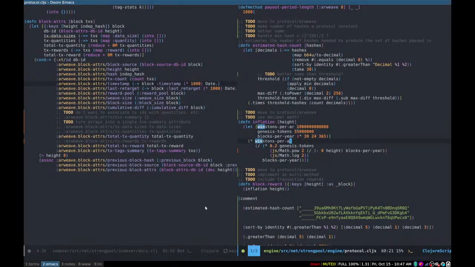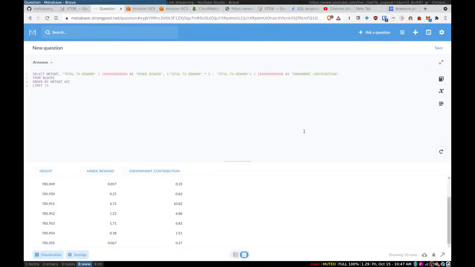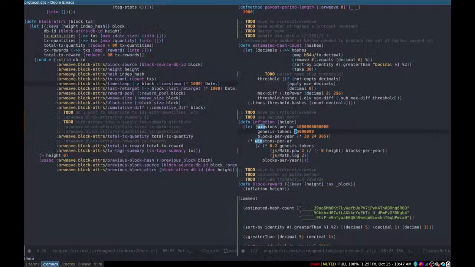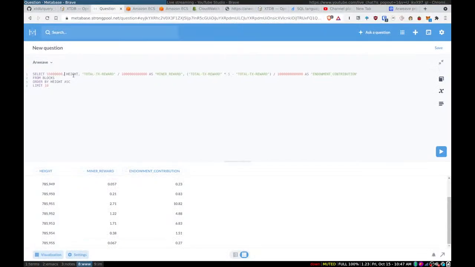So let's do this. Genesis tokens. I will probably at some point also, I don't know. I have so many video ideas that I should stop saying I'm going to do these, because there's no way I'm going to do all of them in the near term. Maybe eventually I get to everything I want to do, but it would be interesting to do a detailed video that goes over the tokenomics of Arweave and how the tokens were allocated, all that stuff,